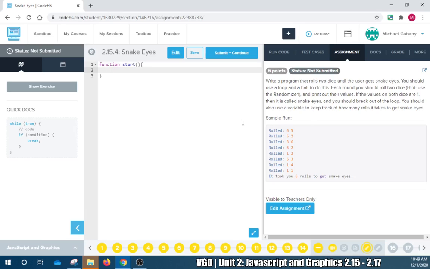Okay, so what are they calling a loop and a half? Guessing this is what they're talking about. While the condition is true, if this condition happens, break. Okay, so what we need to do, make sure that